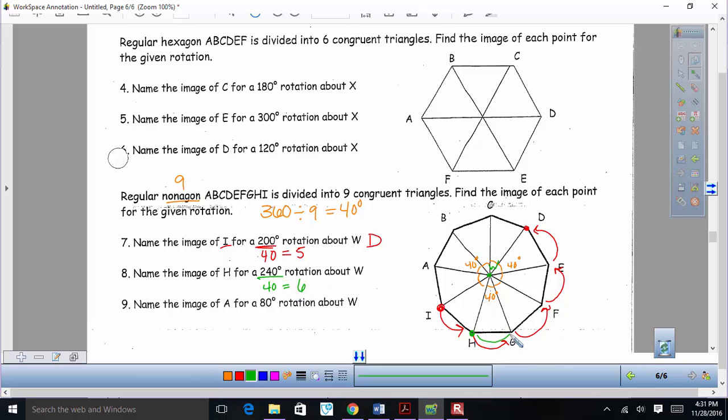So I'm going to go 1, 2, 3, 4, 5, 6. And I'm actually going to land on B. All right, last one. We're starting with A, and we want an 80-degree rotation. So that's easy. 80 divided by 40 is 2. So we're going to hop twice, and we land on